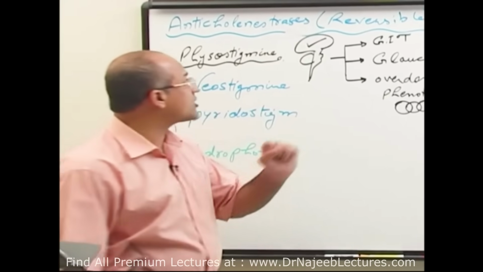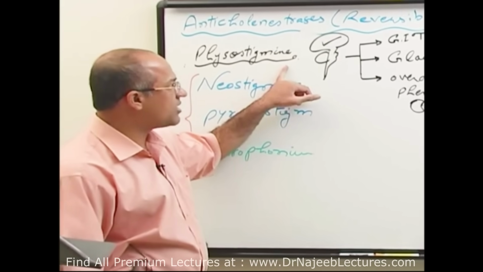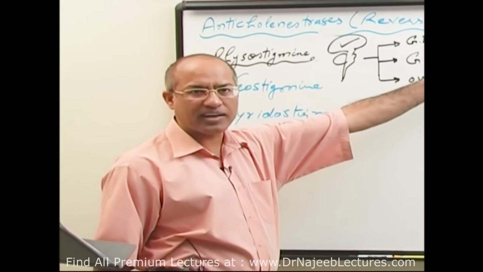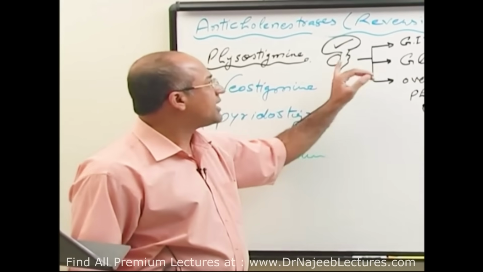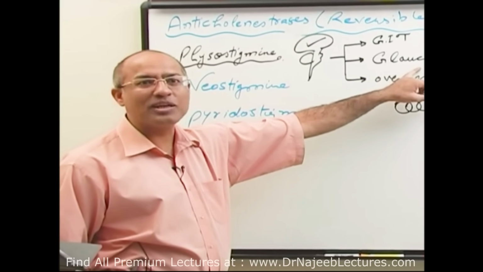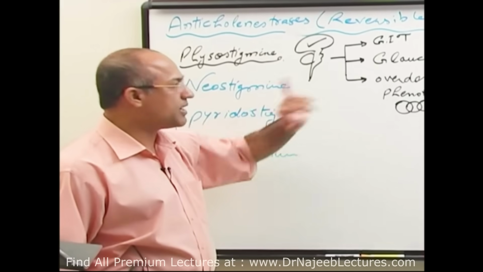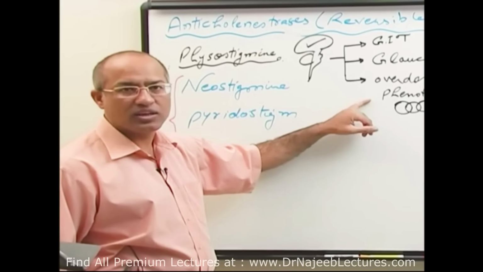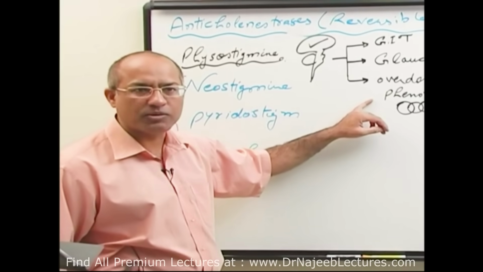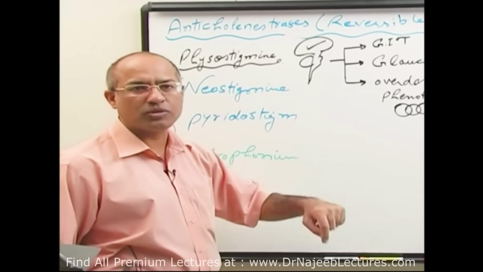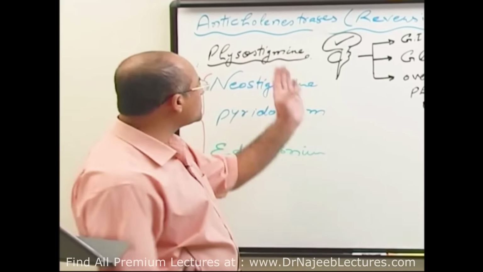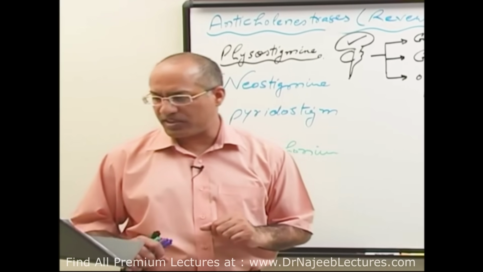So what are the main actions of physostigmine? Number one, physostigmine can be used to mobilize the GIT or urinary bladder like methacholine. It can be used in glaucoma patient, right, along with the pilocarpine or independently. It can be used in those toxic states where there is too much anticholinergic activity in the body. Then we can use physostigmine to upgrade our cholinergic activity in the body. Am I clear? And what could be the side effects of physostigmine?